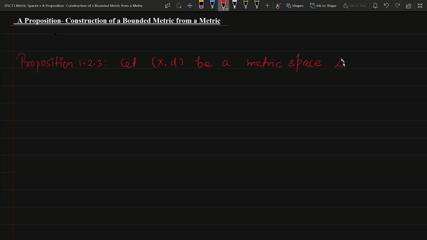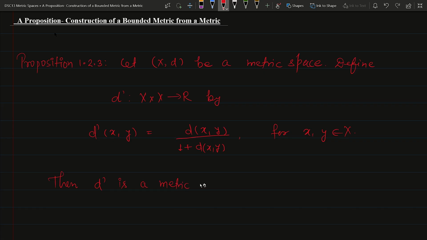Now we define d prime from X times X to R, another metric, by d prime of x comma y is equal to d of x comma y over 1 plus d of x comma y, for x and y in X. Then this is the conclusion: d prime is a metric on X,